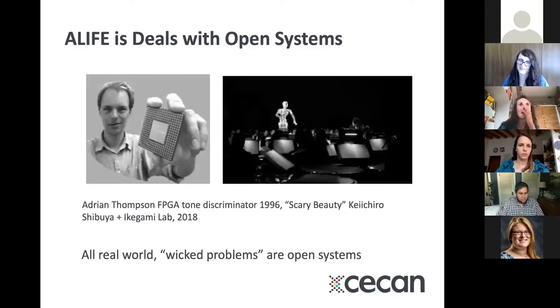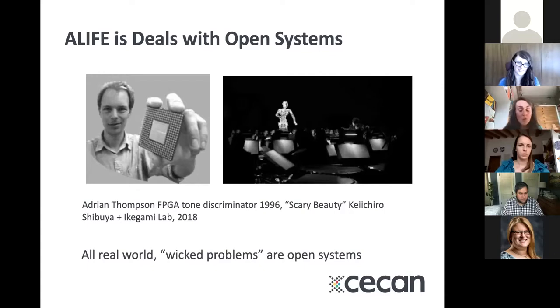So we can obviously model, and there are all those ideas I presented before that people have been thinking about. But I really think that A-Life can do more. A-Life is really focused on dealing with open systems, with big, undescribed open systems that surprise you all the time. And I'm not going to go into detail on this, but I think you really see that from, say, looking at the evolvable hardware experiments where Adrian Thompson's FPGAs were co-opting properties of the computers around them in the lab to generate oscillators, and the kinds of work that Takashi does, where we're really about creating a large-scale open system and interacting with it.